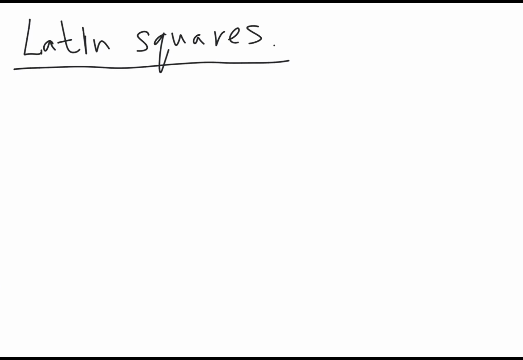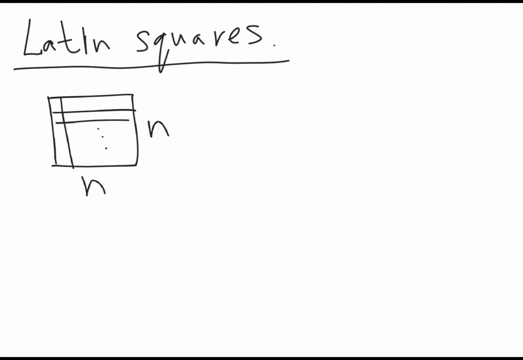In this video, I'm going to talk about Latin squares. So a Latin square is a table n by n. The cells of this table are filled with the numbers from 1 to n. So each cell is filled with a number, and